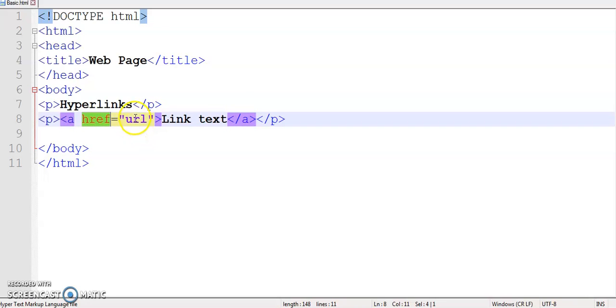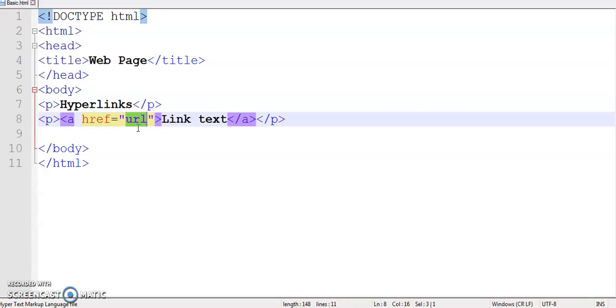It defines the URL of the link's destination, and this link text is the visible part on the web page which the user will click and jump to the specific address specified in this href attribute.